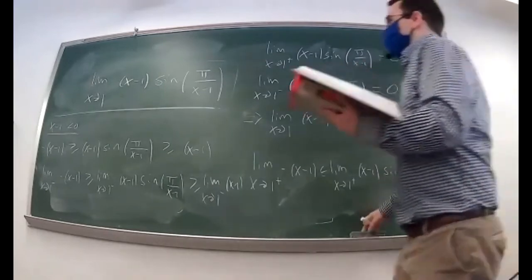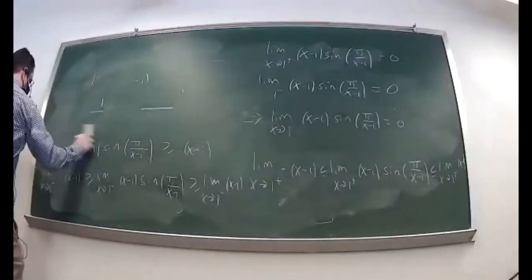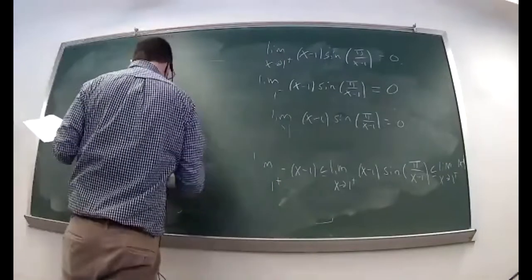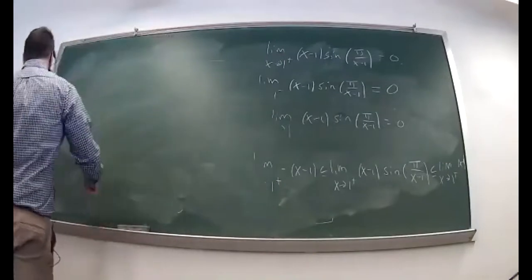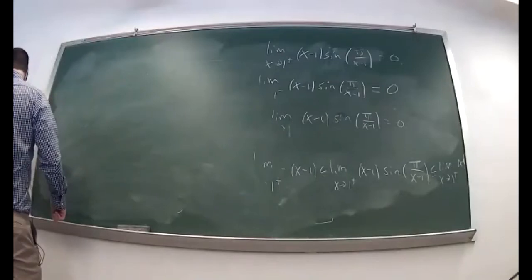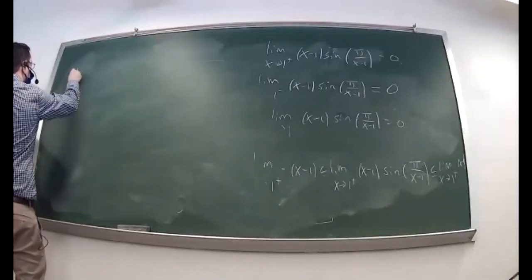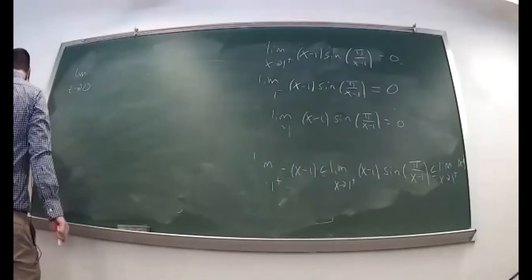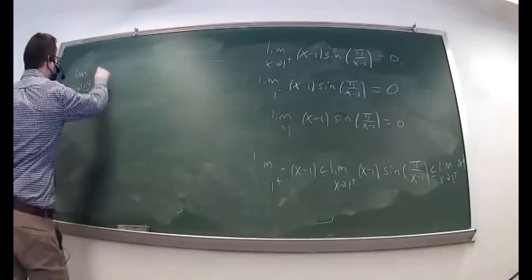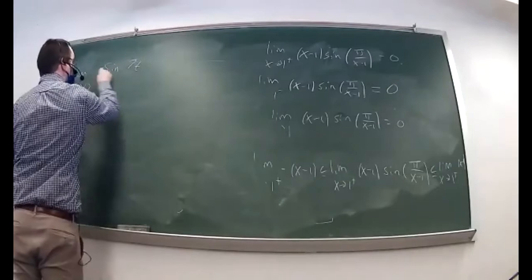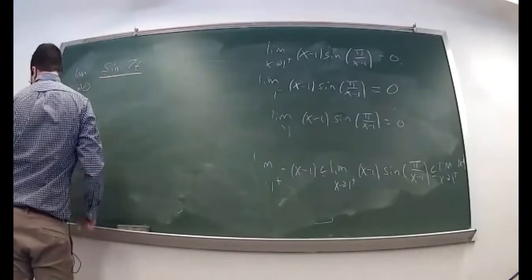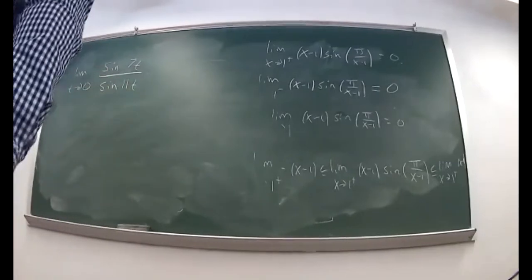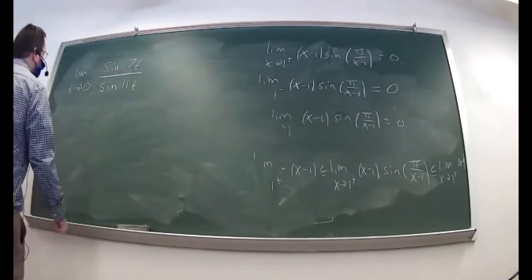This will be similar to our other trigonometric limit that we did using that sine x over x going to 1 business. So this is number 28 from chapter 2.6, if you want to follow along. We're being asked to compute the limit as t goes to 0 of sine of 7t divided by sine of 11t. And at first you might not think this has anything to do with what we've been talking about,